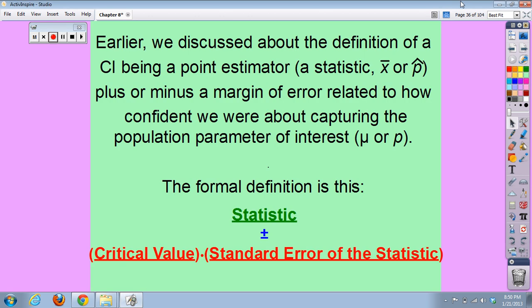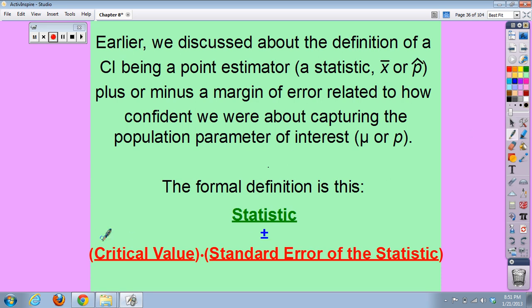Alright, so earlier we discussed the definition of a confidence interval being a point estimator, which was our statistic, either an x-bar or a p-hat, plus or minus a margin of error related to how confident we were about capturing the population parameter of interest, whether that was mu for mean problems, or p for proportion problems. Now, for our formal definition, we can break it down into something a little more mathematical: it is our statistic, which is our point estimator, plus or minus